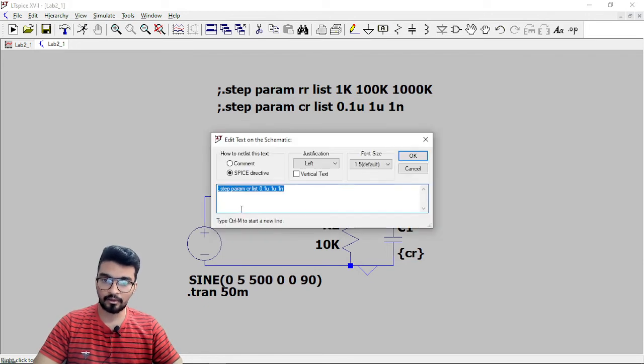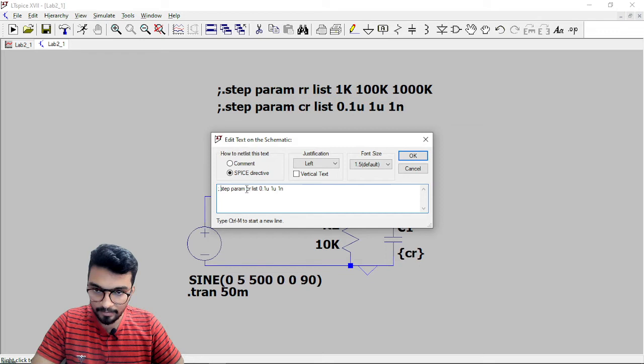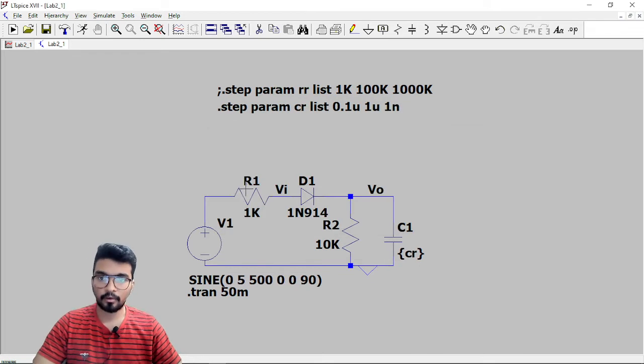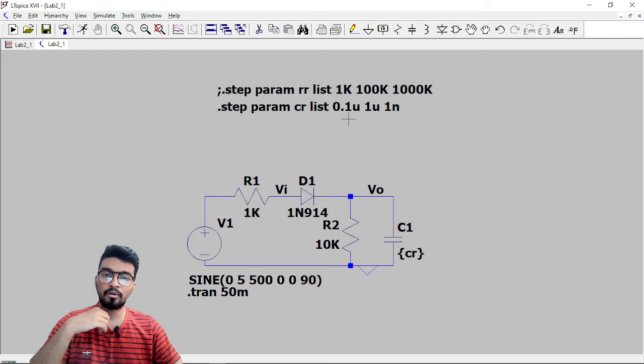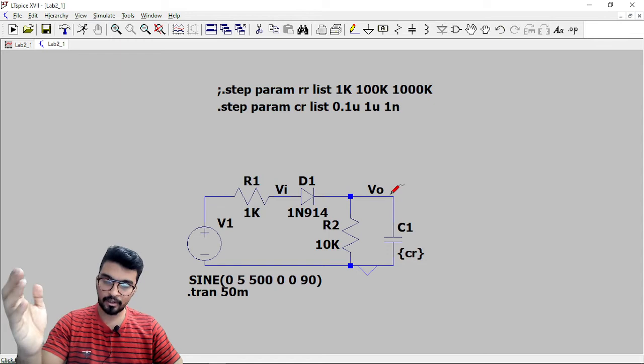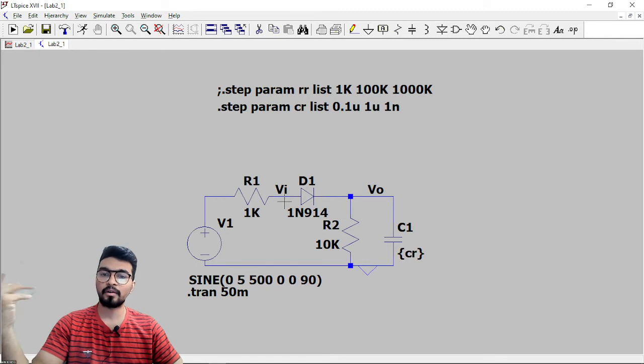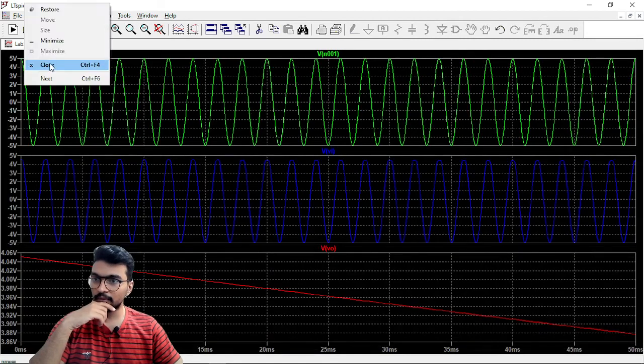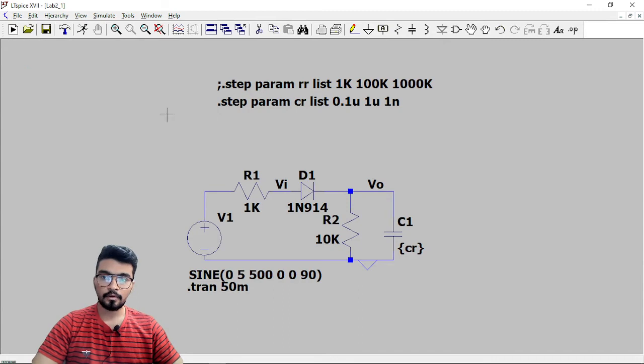Okay, so if you just right click on this and remove this. Now .step param CR list 0.1 micro, 1 micro and 1 nano. So for the capacitance values 0.1 micro, 1 micro and 1 nano, you will get different waveforms, different VO, different Vin. Okay? So right now just remove this. Yeah, so if you just run this now,